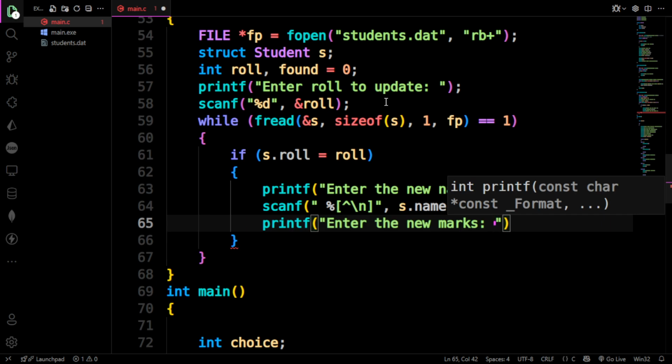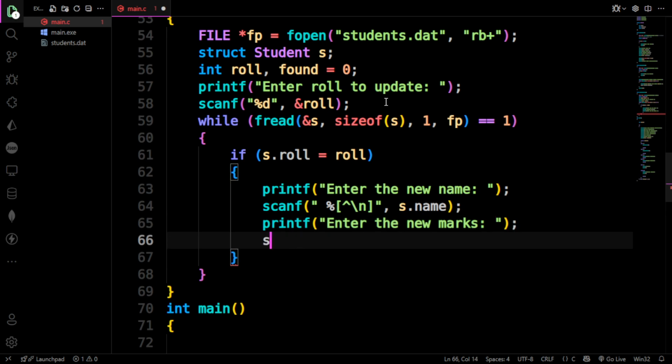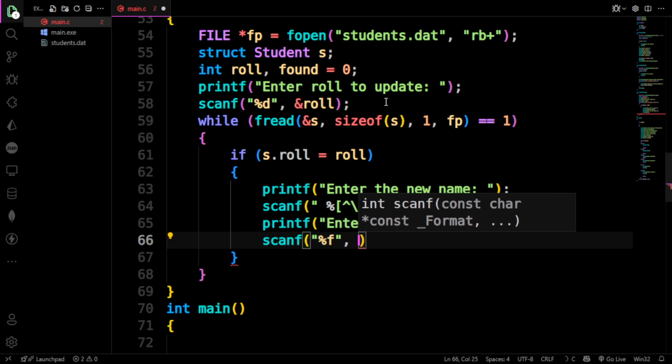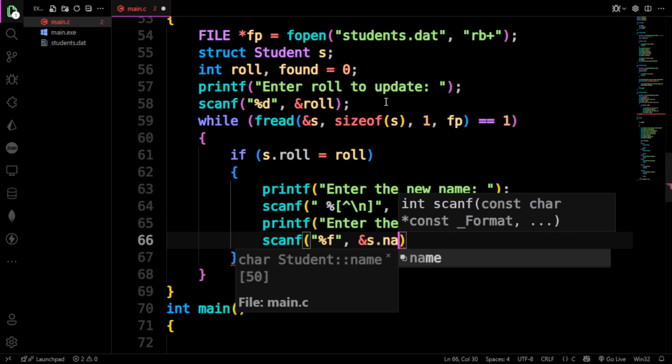We are not accepting the roll number here for updating, because we are searching the records based on the roll number, so we don't have to update that roll number. So we are only asking the user for the new name and the new marks. So enter the new marks and scanf %f into s.marks,